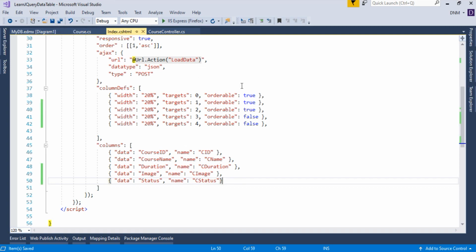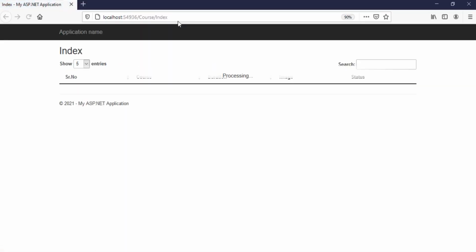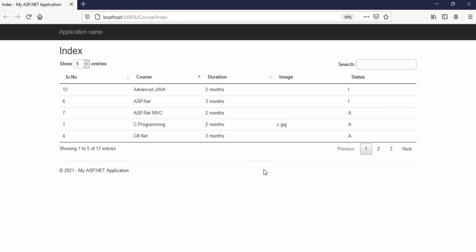Now what happens when you run this code? Let us run it and observe it first, and then we will transform it to another form. As you can see here, for image it is just displaying the image name, and even status is displayed like this.